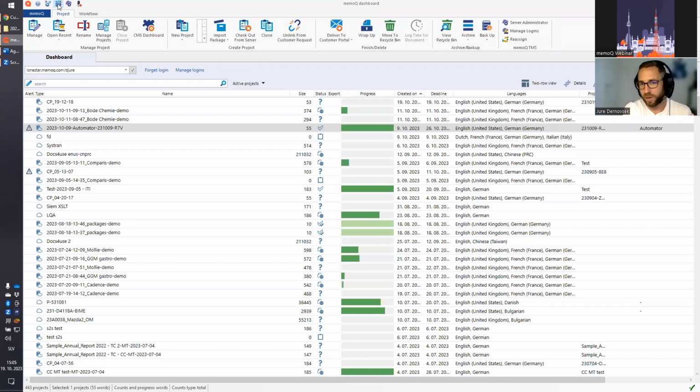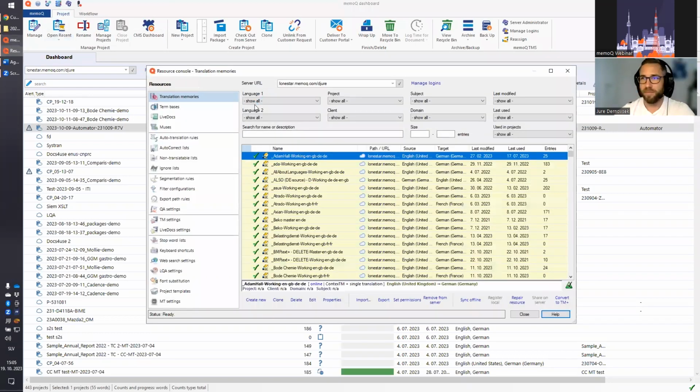It was working in a master translation memory, and every time they got a new project, a working translation memory was created. So basically, this means that they had a lot of working translation memories, and this meant that the server was filled up by unused translation memories,